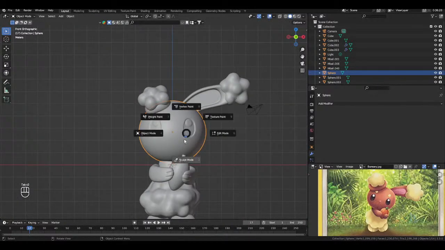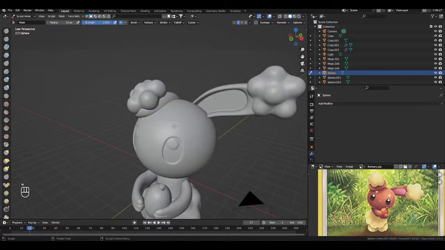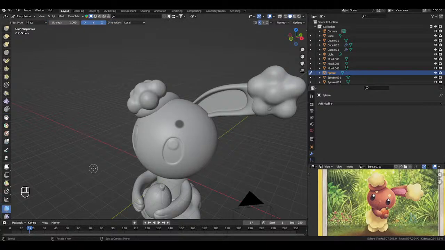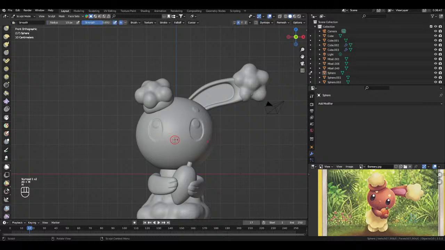That's looking very good. So now we can make the little eyebrows here. Just a little dot above the eyes. Push those out a little bit. Yep. Push those out slightly. Perfect. Now we can do the mouth, which is just